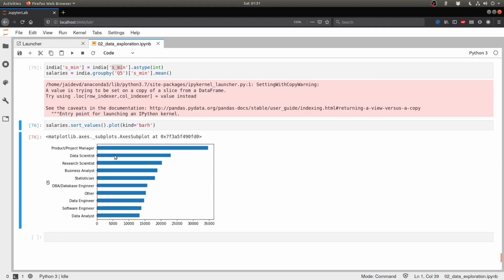So that is broadly how you do univariate and bivariate analysis to tell stories with data. Essentially, here we have a clear-cut understanding of how salaries are reflected across multiple job titles. So do take a look on your own with more and more columns in the data set and try to see what you come up with.